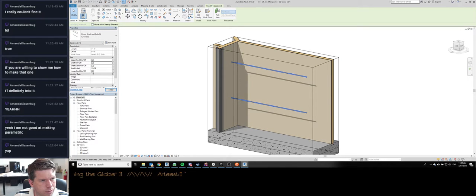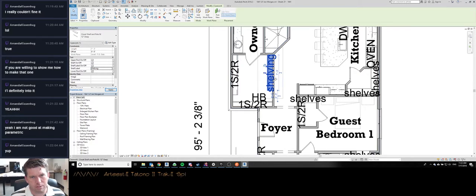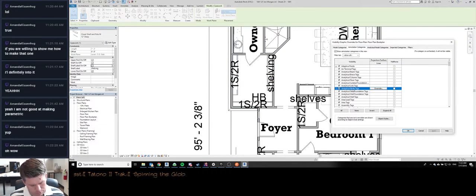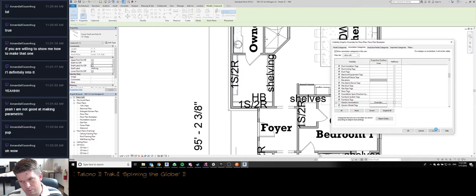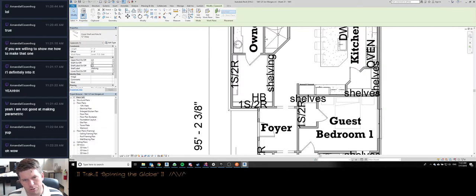Okay. You can turn the lower rod on and off. And then there's one here that says shelf label on off. And what that is in the floor plan, you can make this say whatever you want. Okay, so shelving. And then you can turn shelf label on and off. Now that's also a generic annotation, so I can come in here to annotations and say generic annotations, turn those off, and it'll turn that off as well altogether, but I can control it individually if I